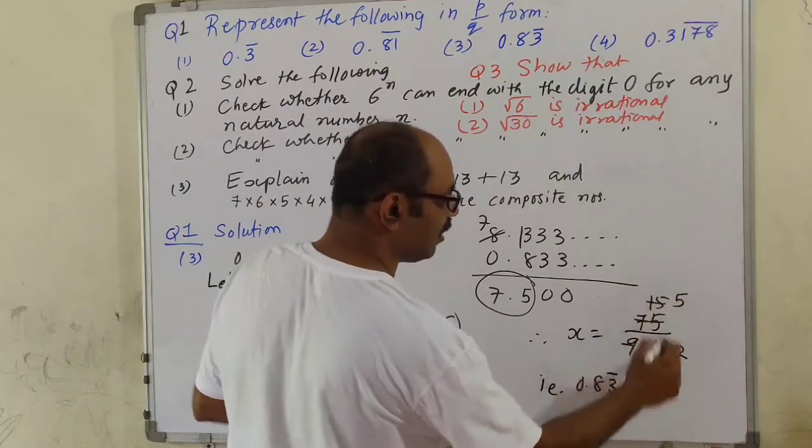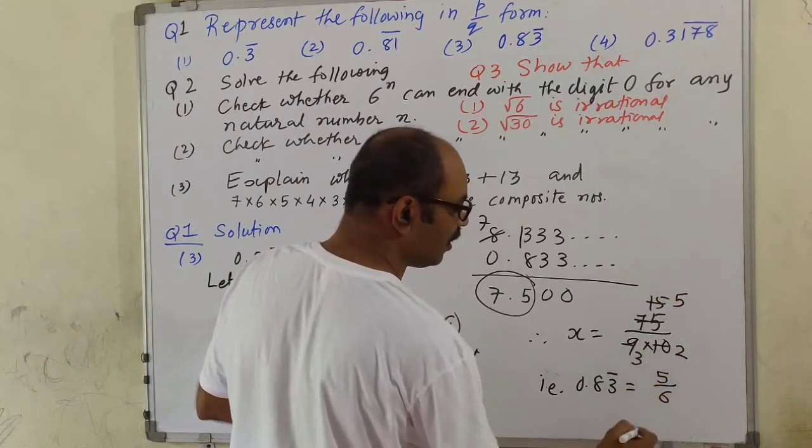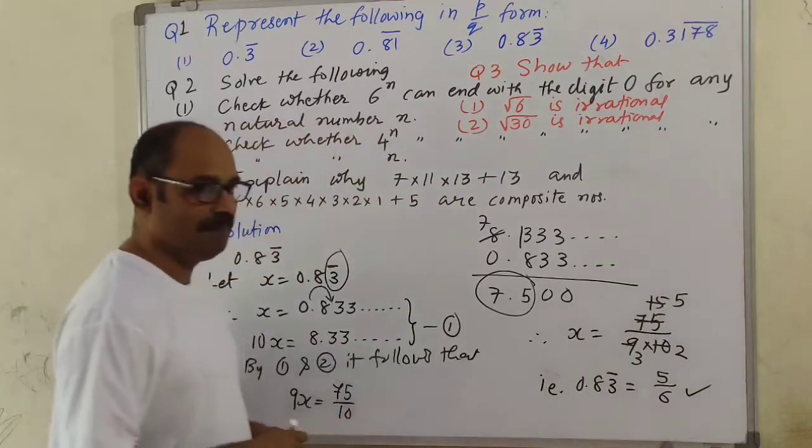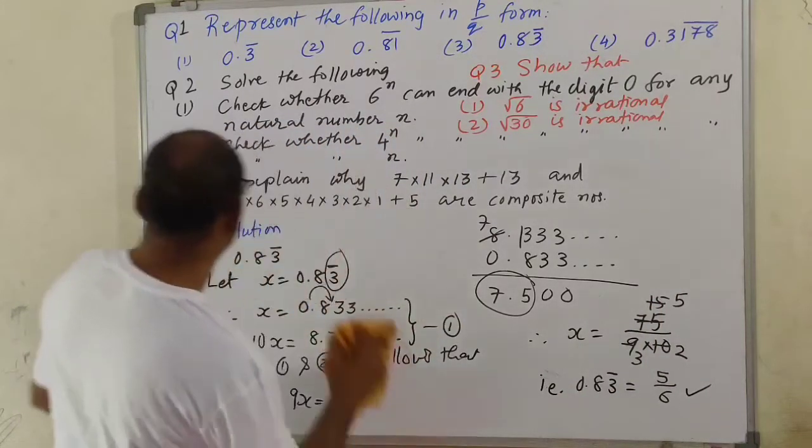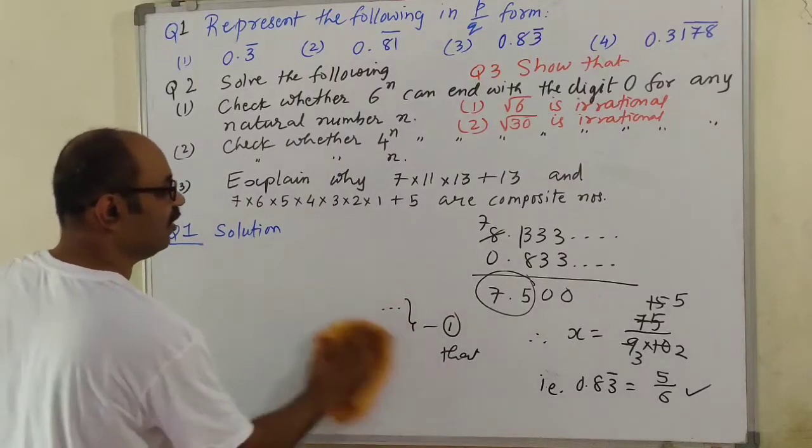0.83 bar. That is equal to 5 upon 6. That is your P upon Q form. Is that clear, children? Good. Now the last one